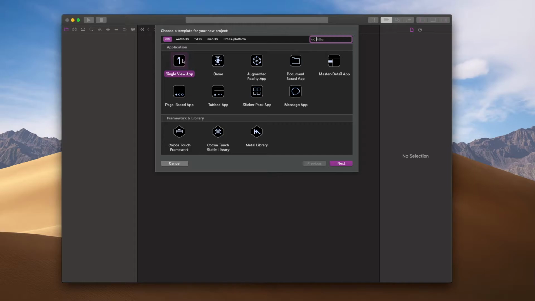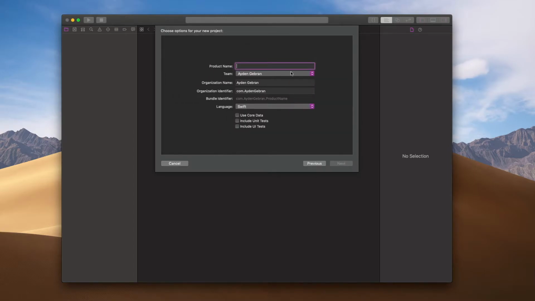So if we tap single view application, and then we go next, you'll be able to give it a product name. So to give it a product name, you want it to be pretty much the app name, and you're going to have to be careful when you get down to here, so don't skip ahead yet. I'm just going to name the app My First App, and then you want to select a team. You might not have anything set up here. That's okay, you can press none for now, and I'll show you what to do